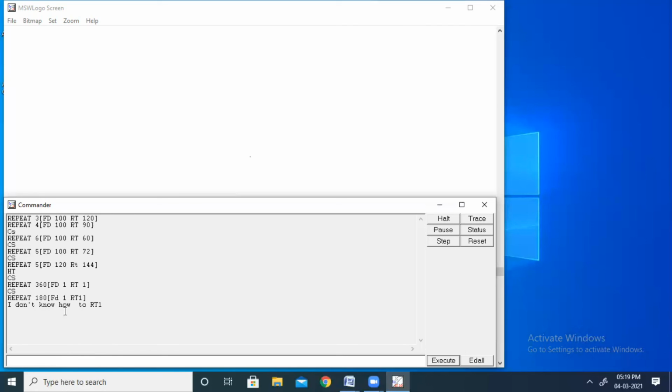Oh, I did not give the space after RT, that is why it is showing an error. Repeat 180, within the bracket FD space 1, because that time I had not given the space, then space RT space 1. Now the bracket, enter. So you are able to see a half circle on my screen.